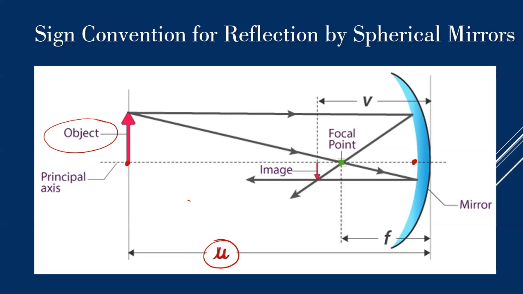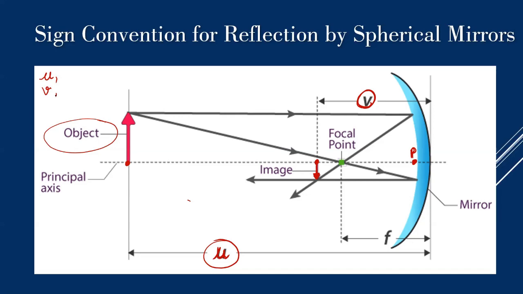Small u. Okay. Secondly, this is where your image is formed. Now the point where the image is formed from pole, so the distance between the image point and pole, this distance is always called the image distance, which is denoted by v. So you have two things. First we have u. What is u? Object distance. Then we have v, image distance.